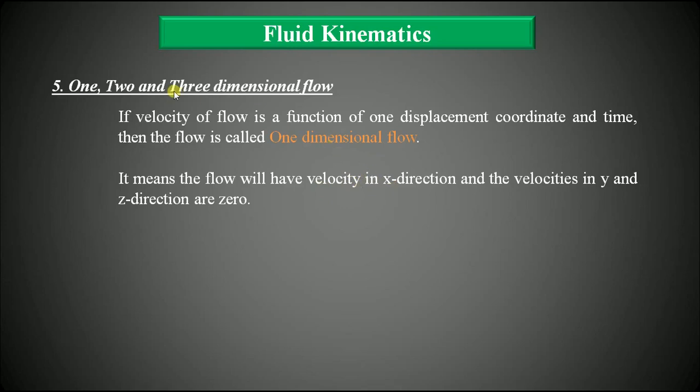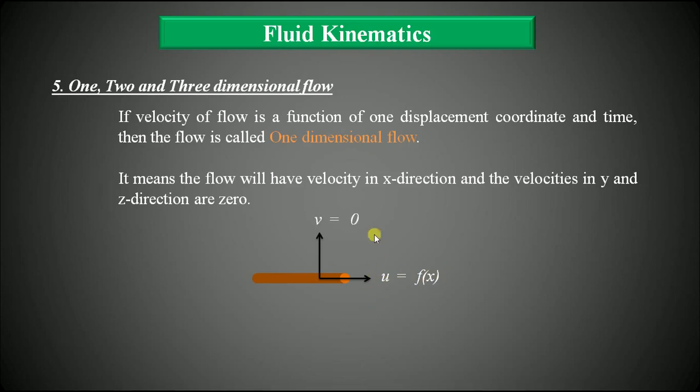So that is the one dimensional flow. With the help of a diagram also we can understand. If you consider a small diameter pipe, and the flow is happening in x direction, it can have the velocity in x direction only. So we can assume that velocity is a function of one displacement coordinate, f of x, and velocity in y